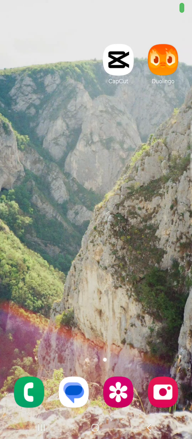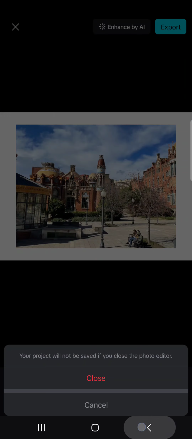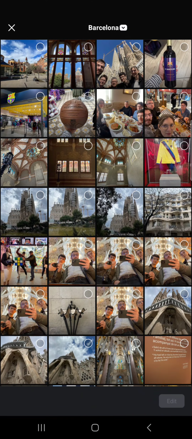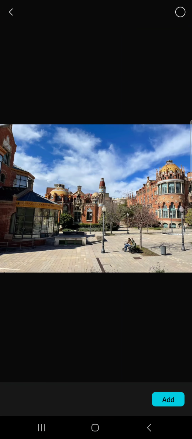Okay, in this video I'm going to show you how to replace a picture in the CapCut app. First you have to open up the app, and here it opens up in the edit menu. From here we just go into photo editor, then we tap on a picture that we want to edit, then we tap on add,